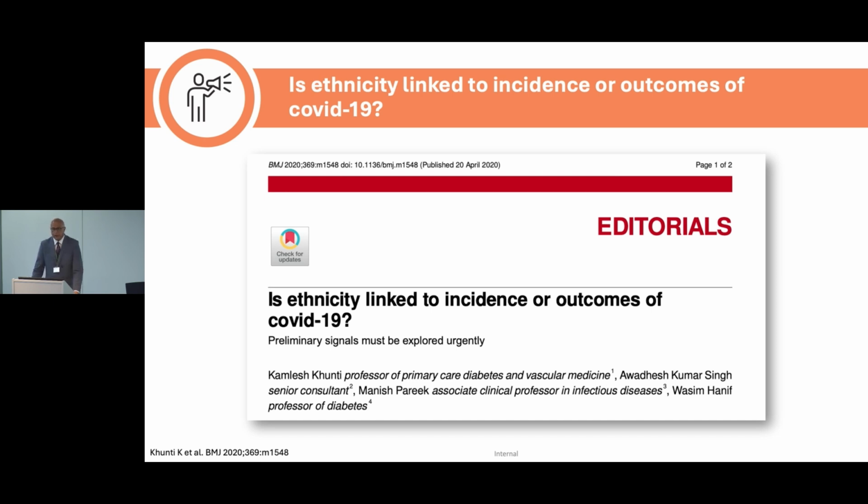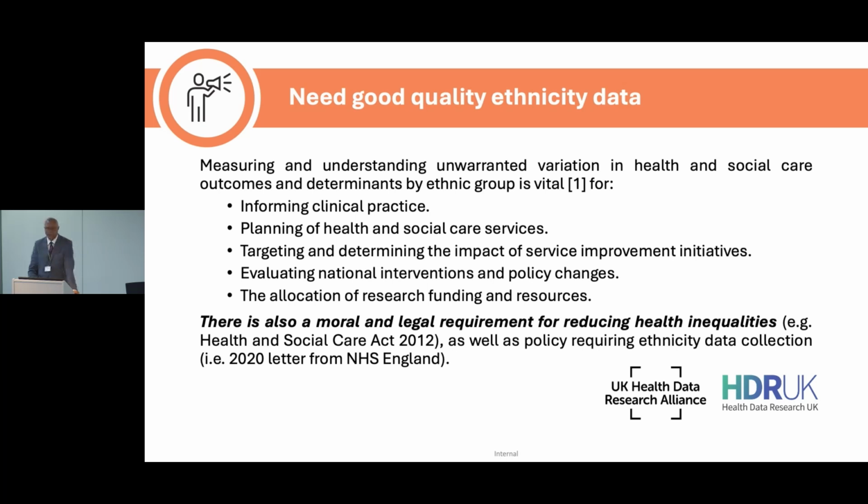The first data on ethnicity and COVID in the UK came in the first few weeks of February and March, when you saw ethnic minority healthcare professionals who were dying. And then the data were published from the intensive care unit showing that it was double the proportion of people suggested by ONS to be in the UK, and suddenly the signal started. And we wrote an editorial within the first week of that data coming out and explored why it was the case that ethnic minority populations were affected. And since then, there's been a huge amount of work, including with HDR UK as well.